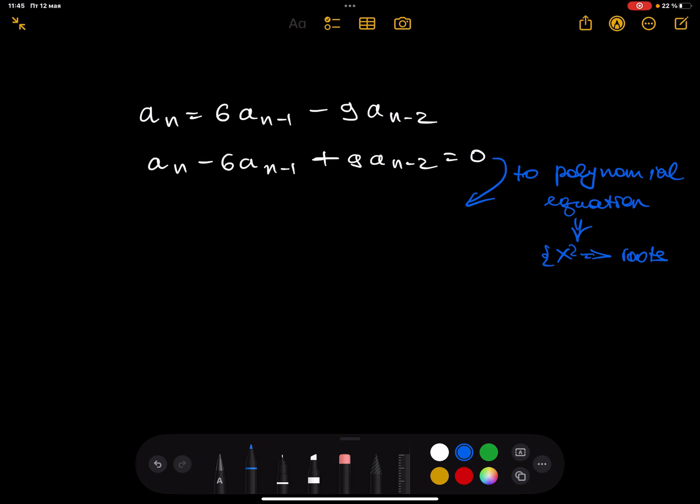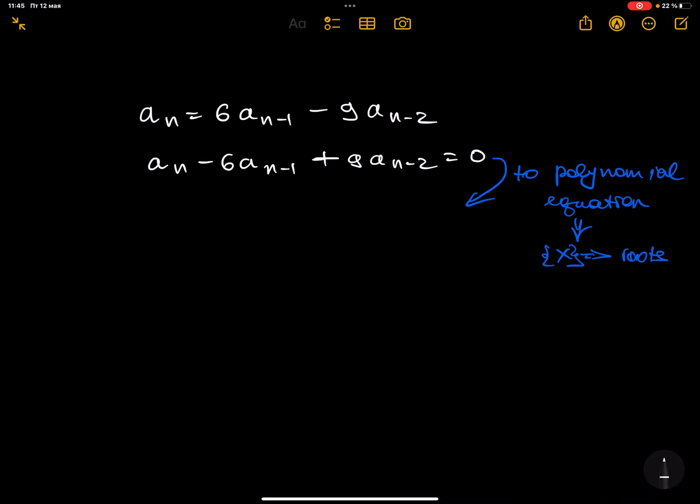Let's say the set of x, because there may be more than one root. I think it's very easy to convert. I think it's pretty not so difficult. For example,